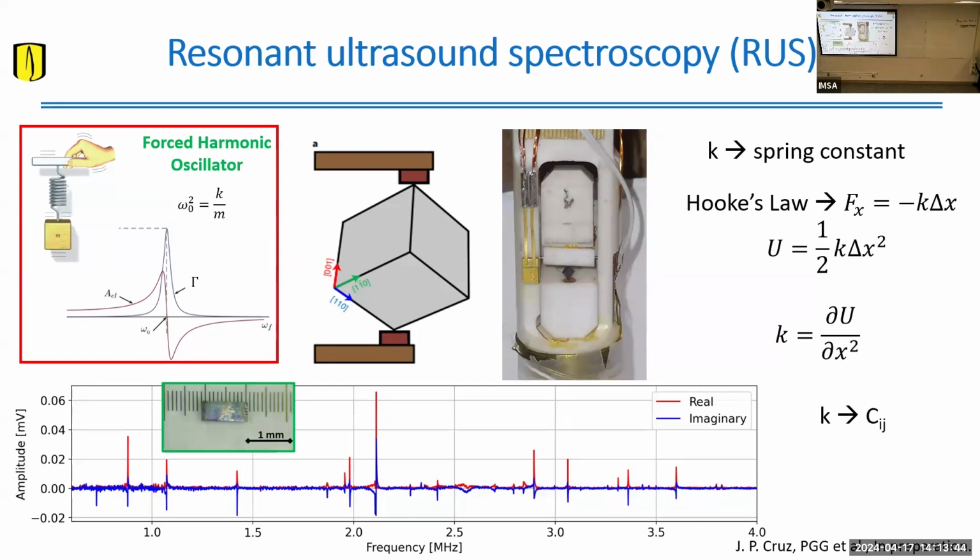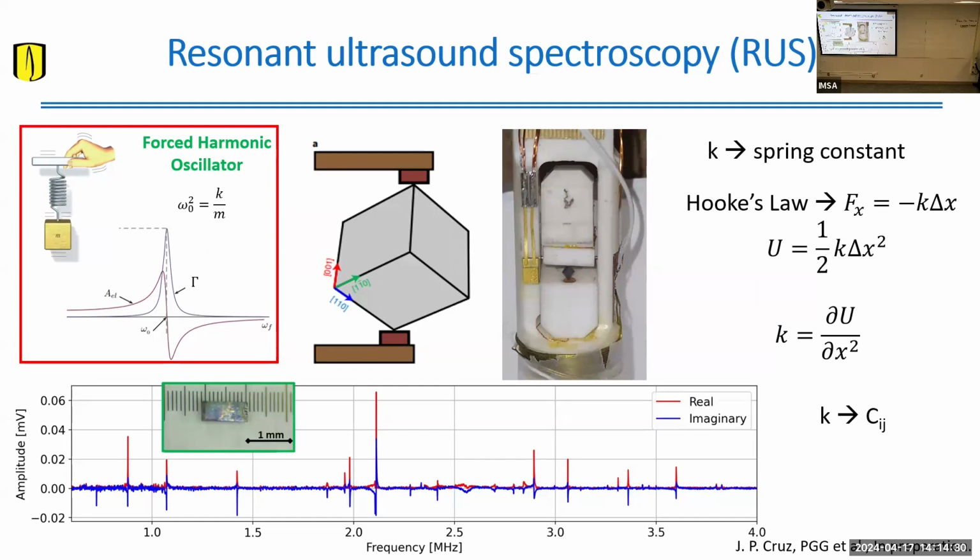Yes. So the way you show the crystal orientation, it's not along a high symmetry direction, is that so you pick up all the different modes? Yes. You want to have as close as possible to free boundary conditions, because the idea is that you don't want to measure just the frequencies. You want to go directly to the elastic constant. In order to do that, you need a numerical problem. Because if you know the elastic constant, you solve your Lagrangian and then you get the resonance frequency. But going backwards needs to be done computationally. So you need to have perfect boundary conditions, which in this case are free boundary conditions. So that's why we picked it from the corners.